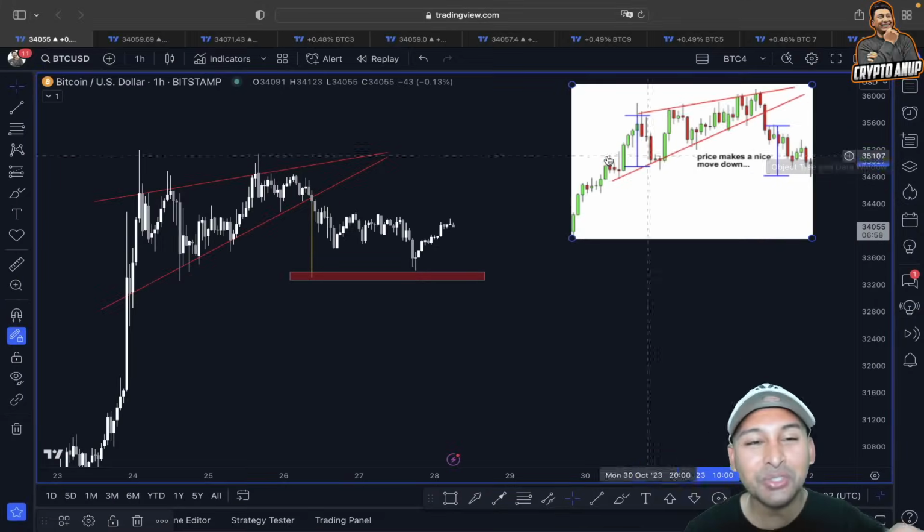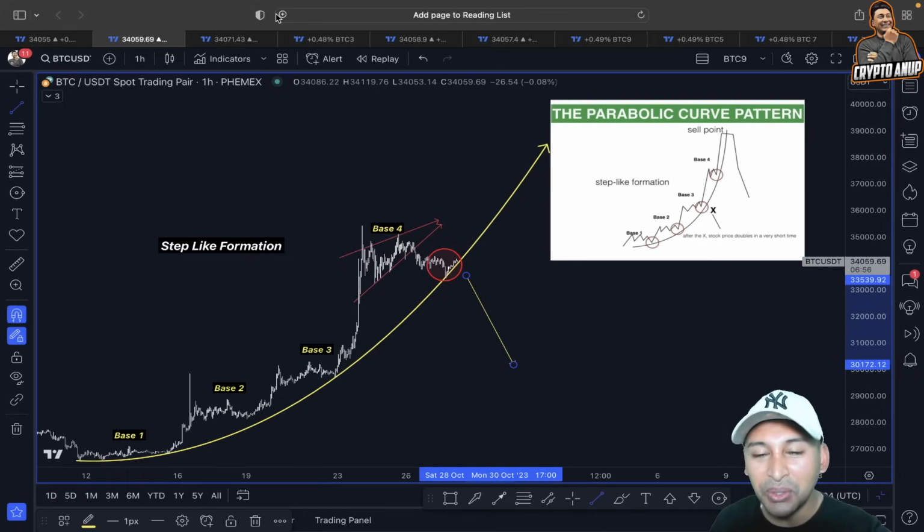So before I start talking about these interesting scenarios that are being formed looking at the price action of Bitcoin in a different time frame,